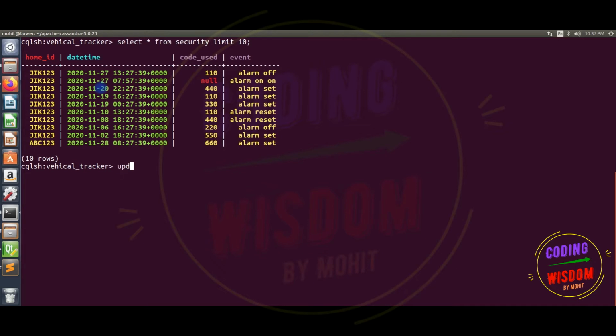Update command: update table name, security. The table name is security. Set. I want to change the event of this row. ABC123.